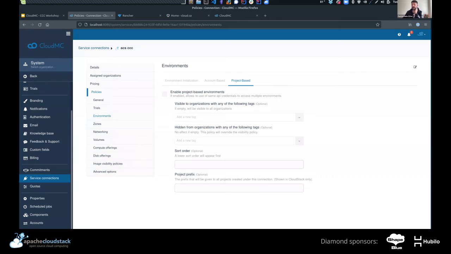So if all of your customers are using projects, but you have a customer that needs an integration with some tooling that only supports CloudStack accounts, then you can enable that only for that organization. So we do have the granularity to support multiple use cases that we've seen out in the wild.